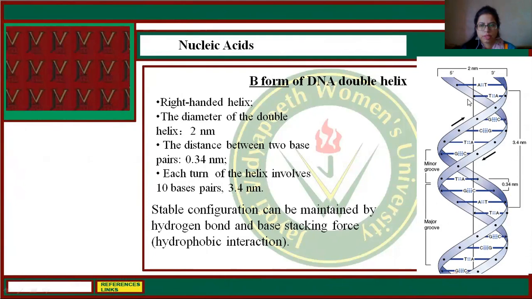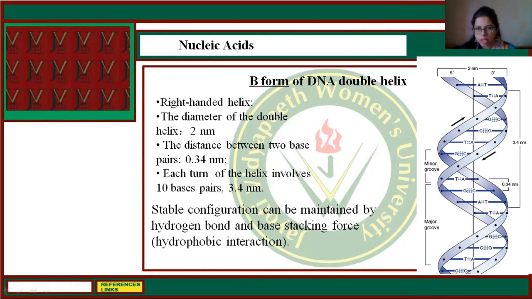This is one strand, this is the second strand, and the diameter is 2 nanometers, and the distance between two base pairs, this base pair and this base pair, is 0.34 nanometer. Each turn has 10 base pairs